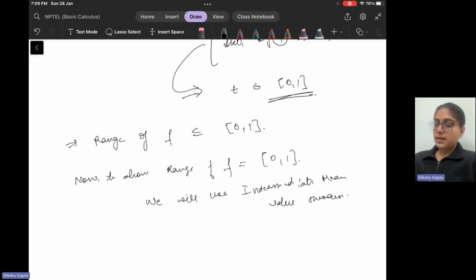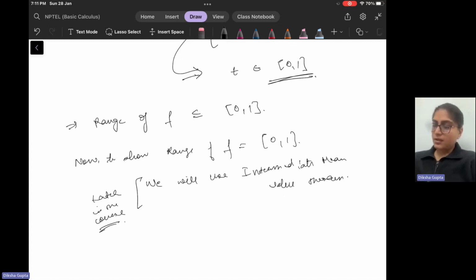You will study it later in the course. What it says is that if f is continuous, and if you don't know what continuous is, you can skip this part and come back to it later. So if f is continuous, and if f is attaining two points, that is just roughly, for a continuous function g,